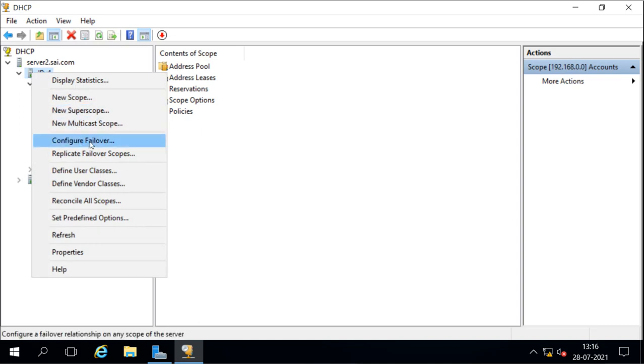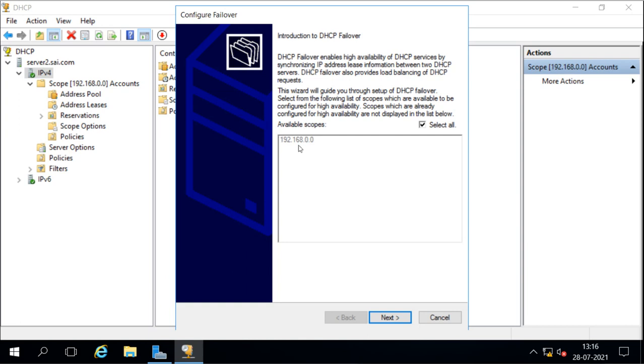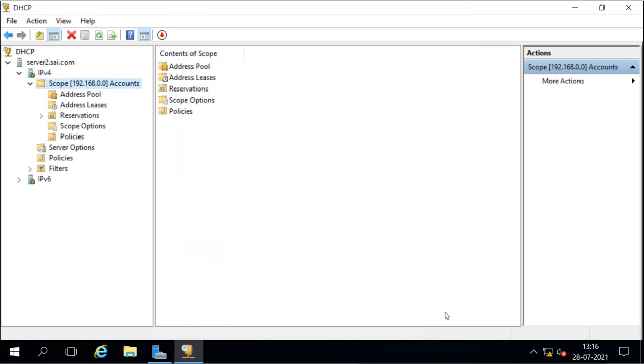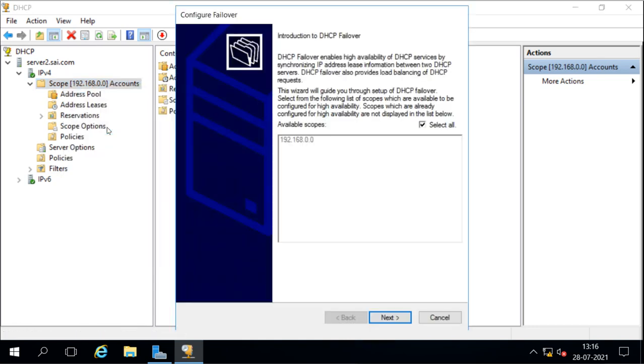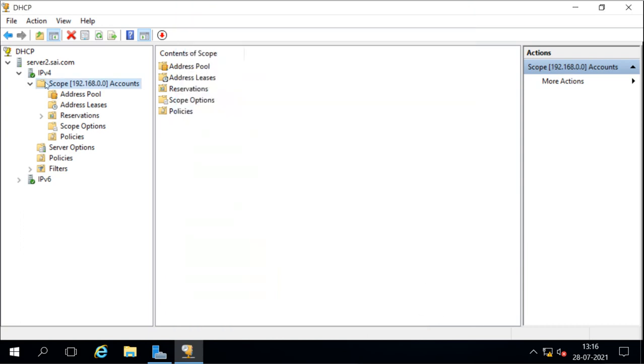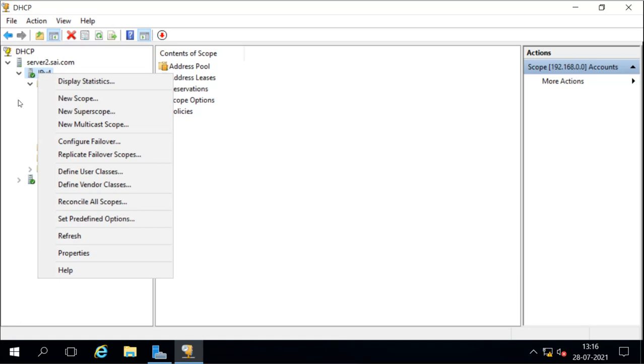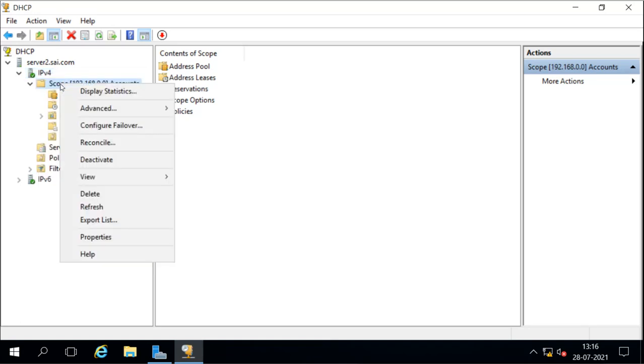Now when we configure the failover, it will show you the option to select the scope, and by default it says select all the scopes. Right now we have only one scope, and if you start directly from the scope, it will already select that particular scope. So first you have to start the configuration of failover, either from IPv4 or directly on the scope.